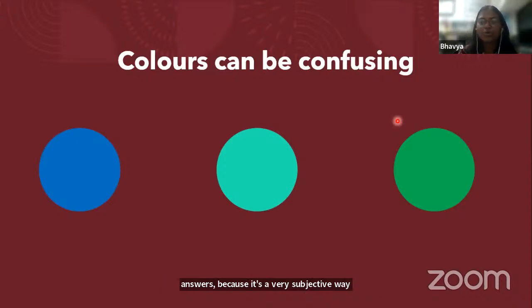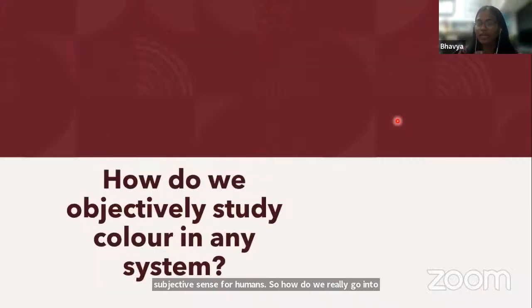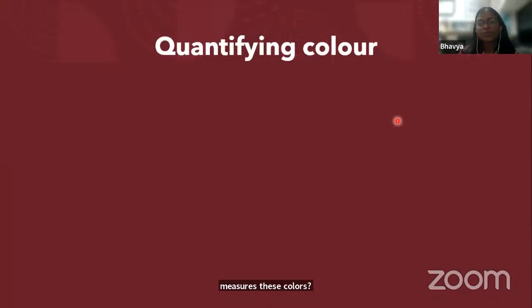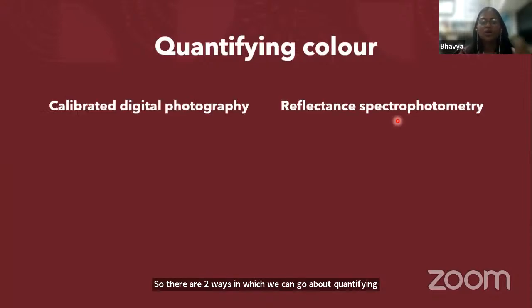So how do we go into classifying colors objectively? How do we study color in any system in an objective way, which is the same for every person who sits and measures these colors? There are two ways in which we can go about quantifying color. One is through digital photography, and the other is through a method that we use in our lab, called reflectance spectrophotometry. I'll talk in brief about digital photography and go more into detail about reflectance spectrophotometry,